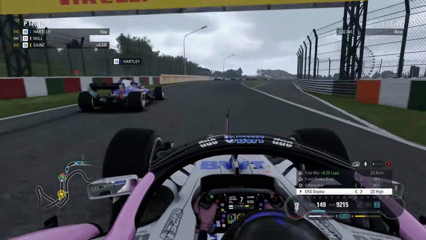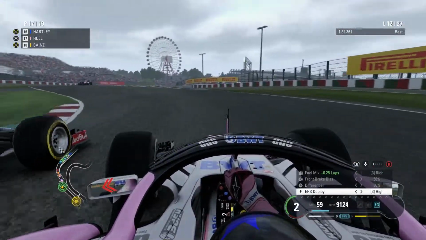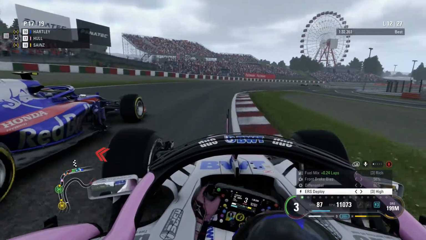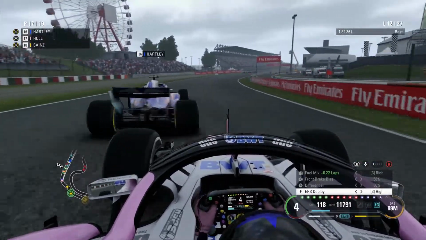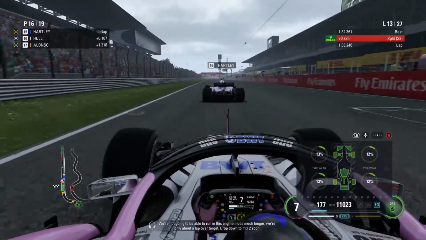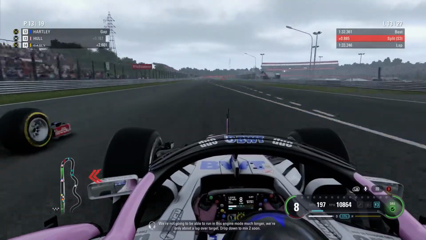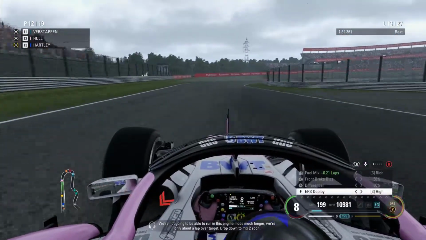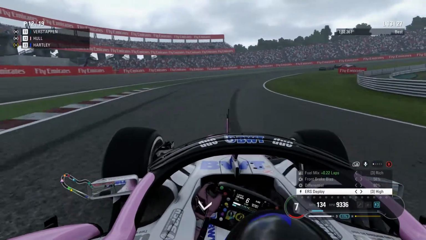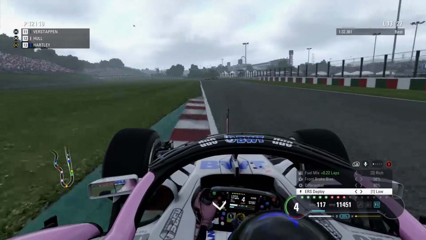That should enable me to just dive it down the inside of the chicane, but Hartley just didn't seem to think I was going. I should have committed to the move earlier, in all fairness. And then Hartley slows down through the sweeping right-hander final corner. That's cost me a bit of time. I checked the damage, no front wing damage, so I'm going to pull to the inside line, and we're going to be able to duck past him into turn 1, and somehow through the traffic, Perez has got ahead of